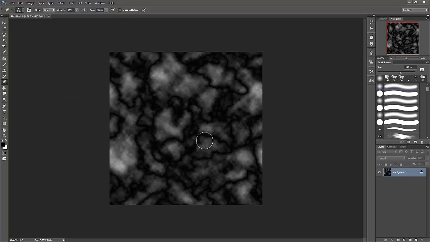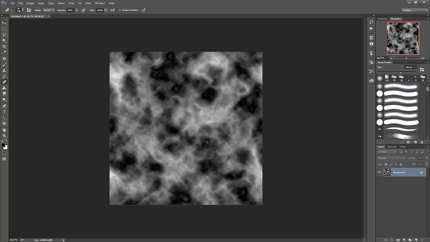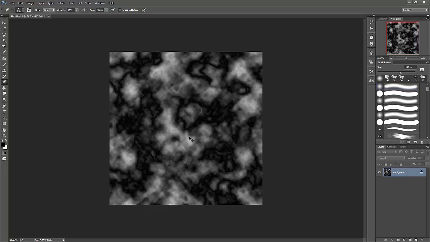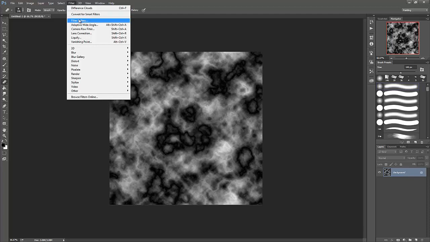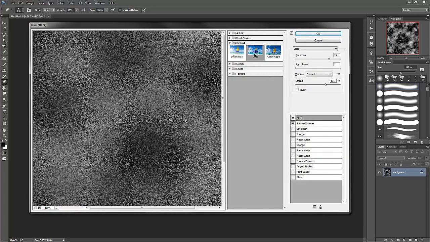That's very black with a lot of detail, so I'm going to hit Control F once, twice. Yeah, we'll give this one a shot. Do it 3 or 4 times. Basically, every time you hit Control F, the difference clouds build on top of each other, and that's why you continue to get a very different look. But alright, we've got this, so we're going to go up to Filter, go to our Filter Gallery, and choose